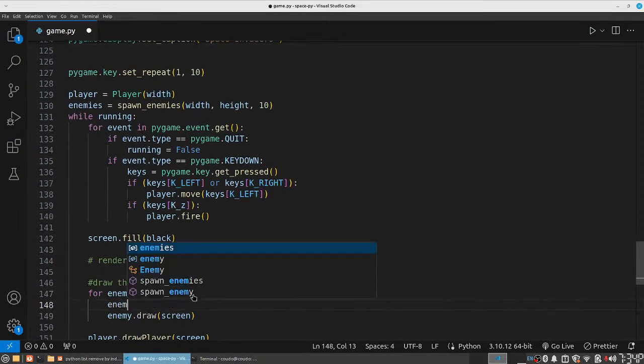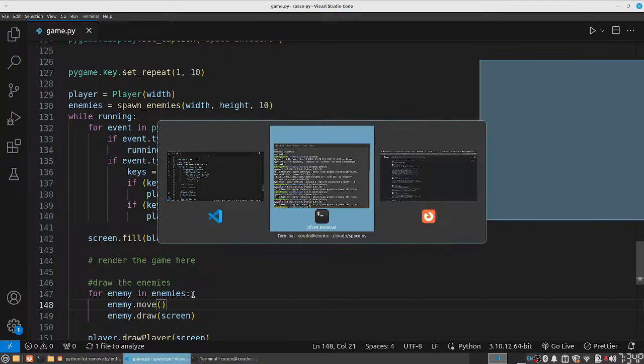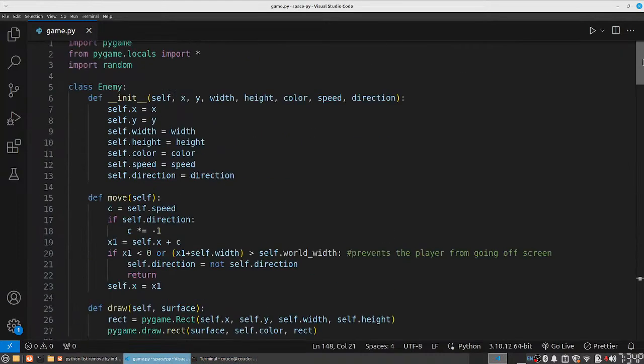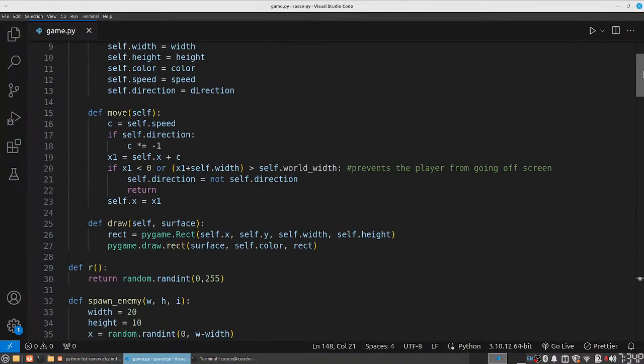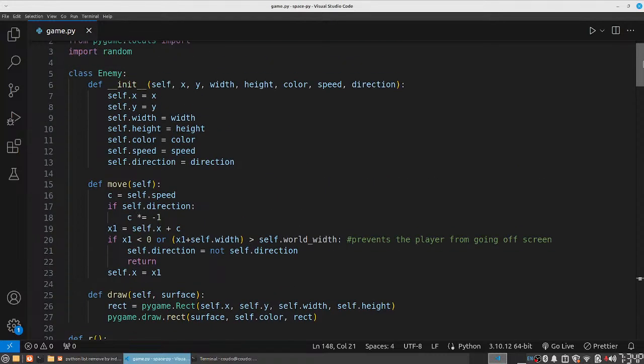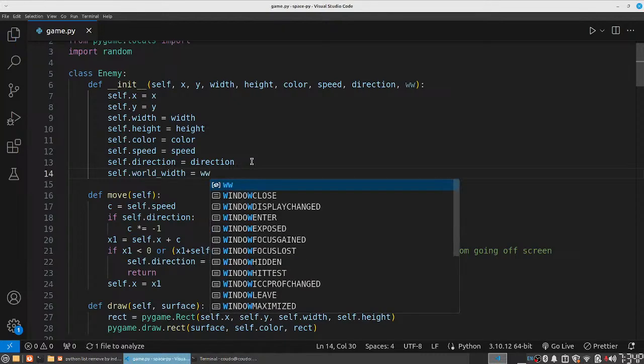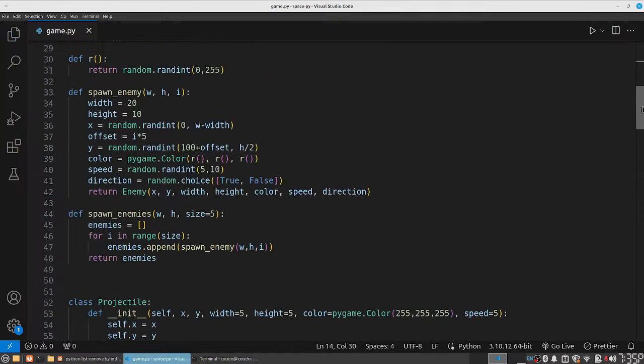So enemy dot move and then draw. So the word width. Well, width we can actually